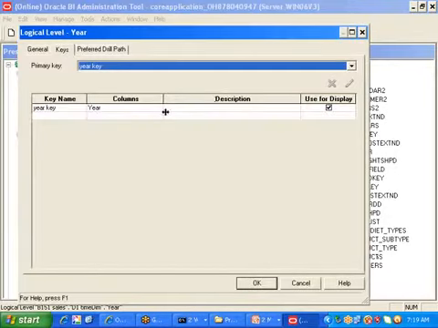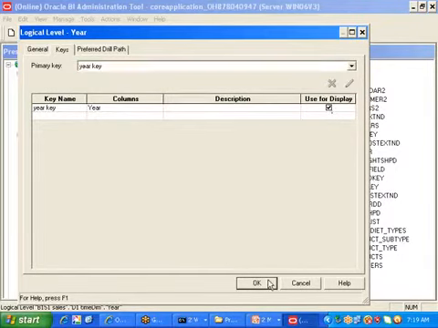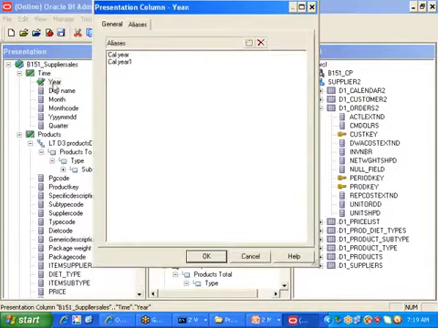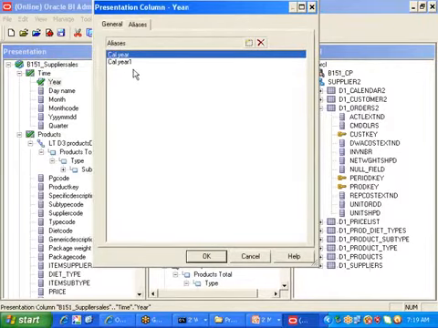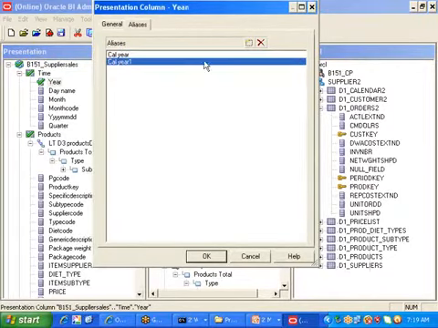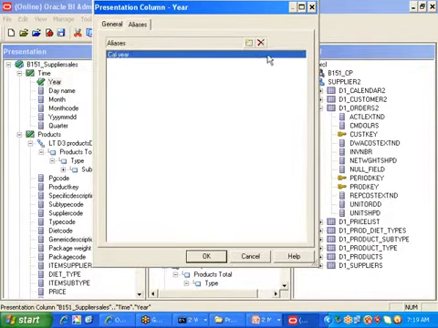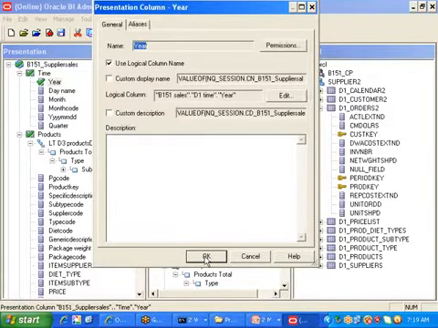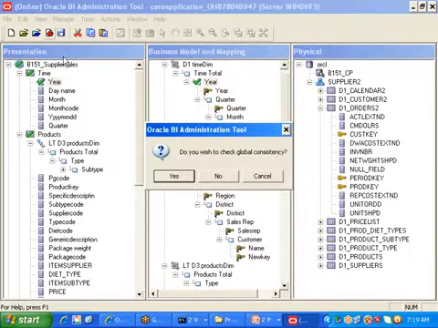Let me see once again the year level. I have the year key and I have the year column properly, and I use it for the display also properly. It is available. No issues. Any aliases created, are they making any problem? Now what I will do is delete these aliases also. If they are there, they can sometimes cause problems. That is the reason I am deleting.